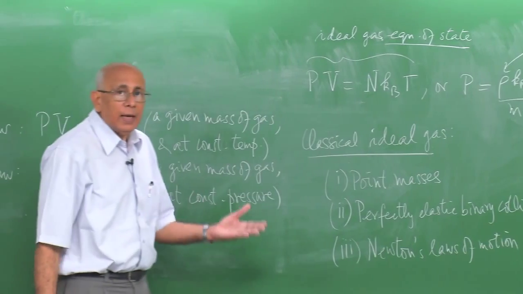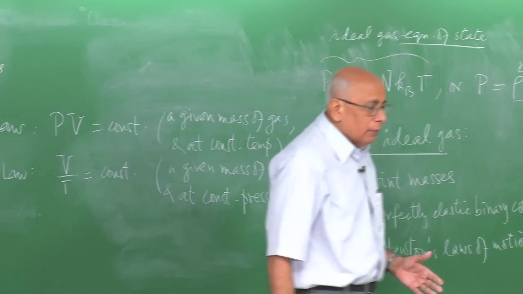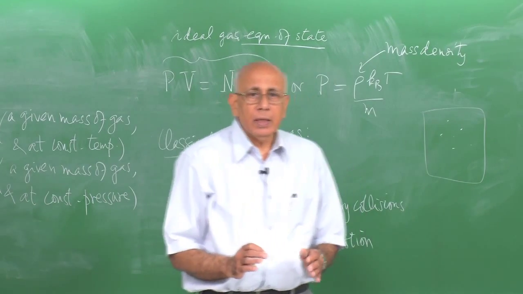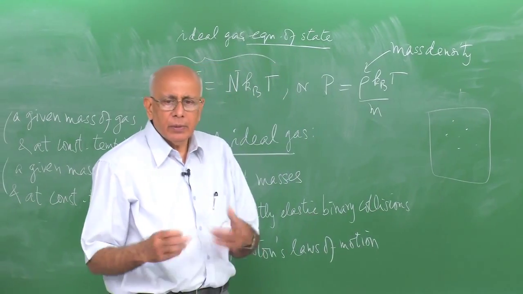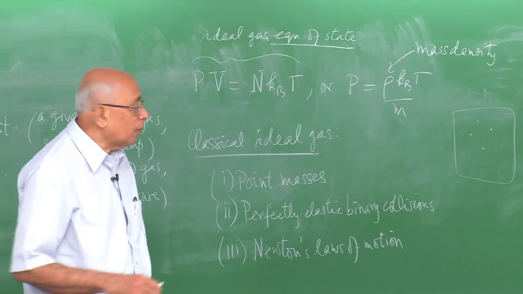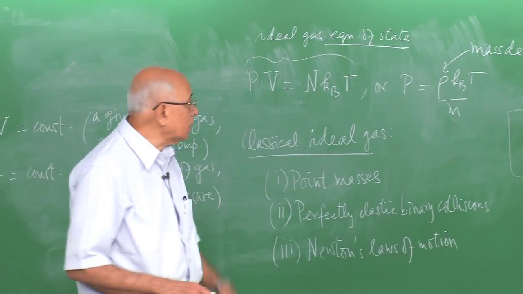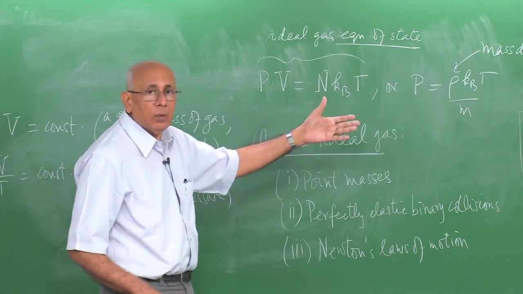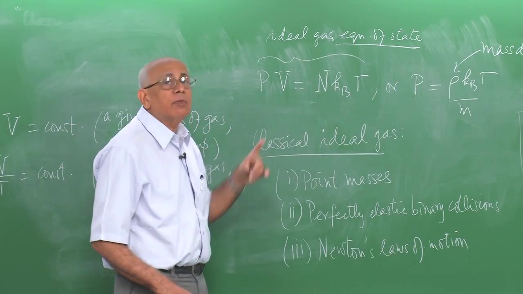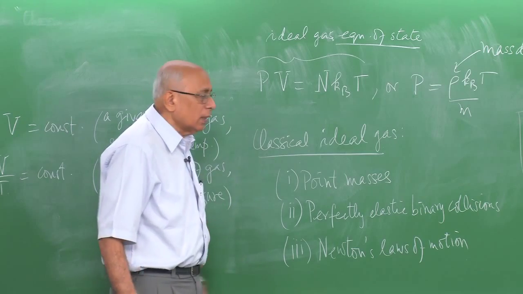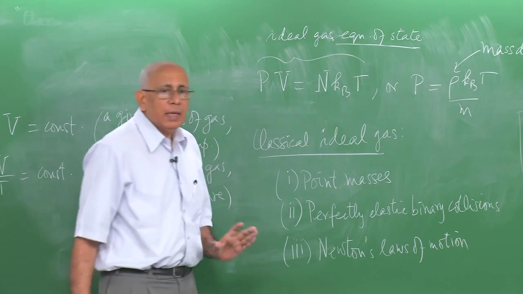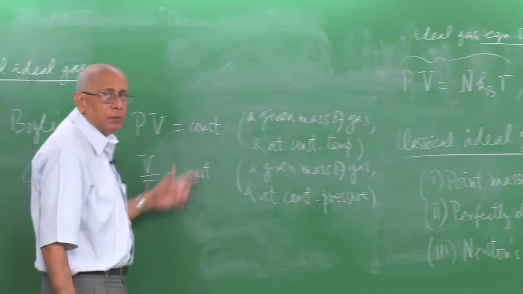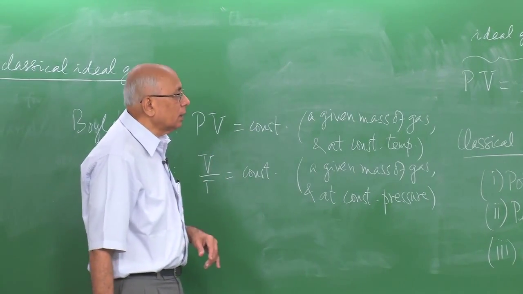In general, for a given amount of gas, if you write the pressure as a function of the density and the temperature, that is called an equation of state. And there are other equations of state, of which I will make one brief mention of a non-ideal gas a little later, but the ideal gas equation of state is the simplest thing you can write down, and it is derivable from statistical mechanics. But in the context of thermodynamics, it is an empirical input from these laws, which are experimental laws here.